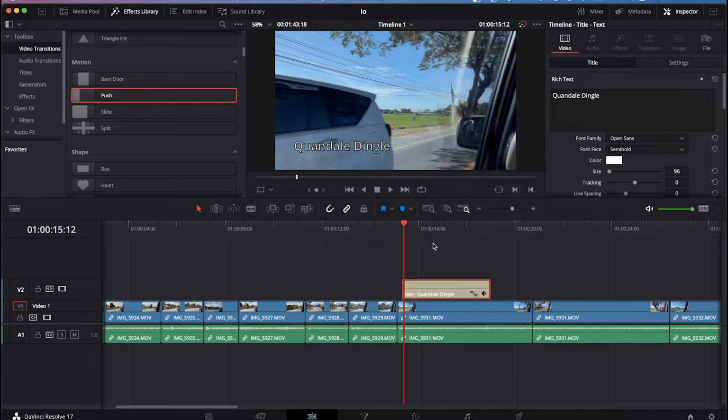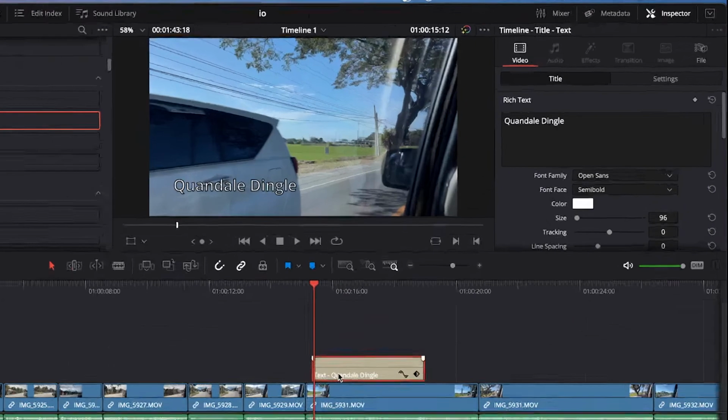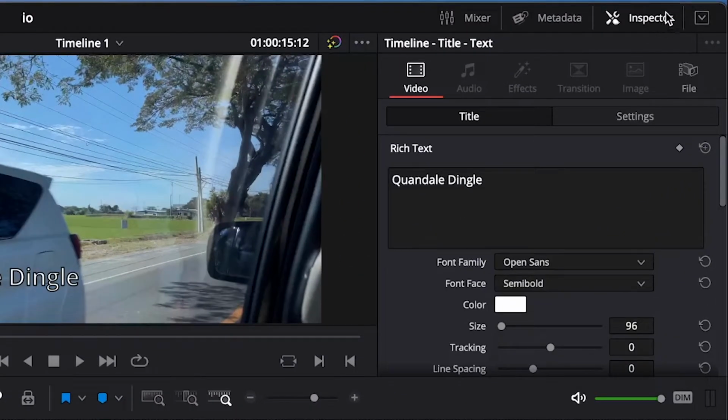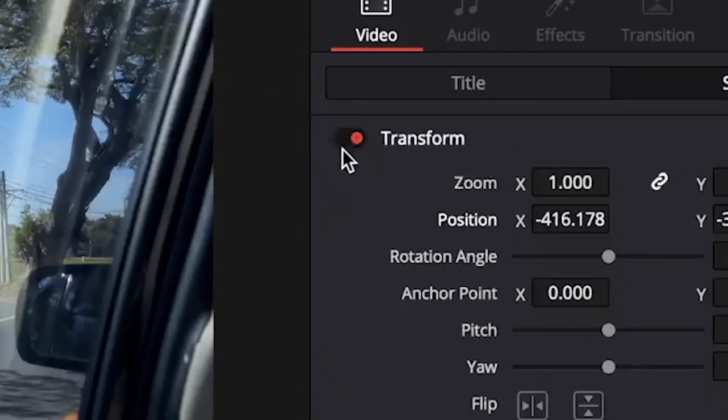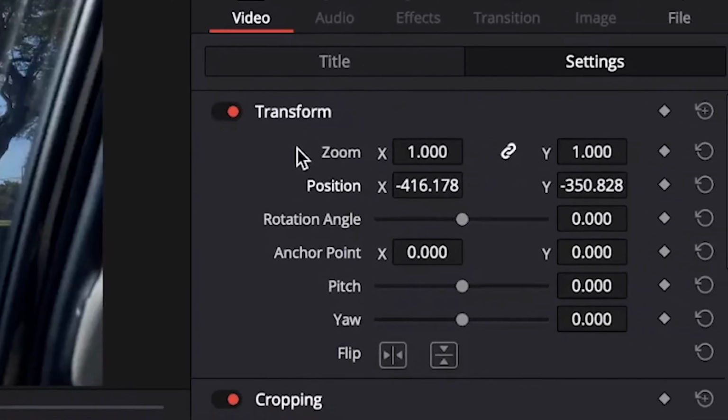the parameters. So to do so, all you need to do is to click your text, make sure that inspector is enabled, go ahead to settings, and you'll see this transform right here, make sure that's toggled on. And you'll see these parameters. You have the zoom, position, rotation angle, anchor point, pitch, yaw, and flip. But we'll focus on position and zoom, because for this case, I want to make a push animation to the